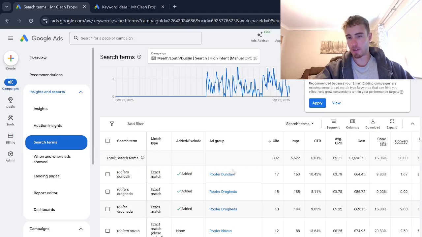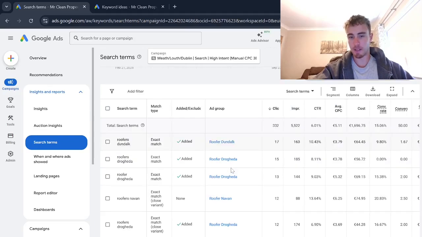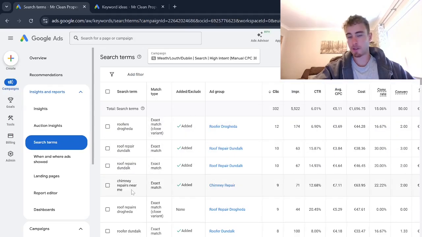And just before we touch on the landing page, I just want to touch on search terms once more because, in my opinion, these are just as important as the landing page when it comes to your conversion rate. Because we know on average that we're going to have a good conversion rate if the search terms here are highly relevant to the ad of that ad group. And then if they go to a landing page that also says chimney repair, like we have here, for example, then we know that we're going to have a good conversion rate as long as the landing page actually looks okay and is trustworthy and the person can actually trust the company